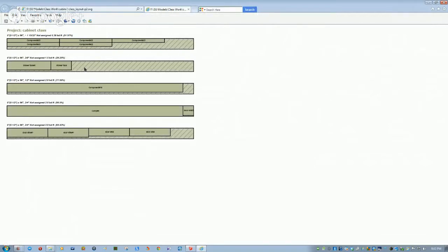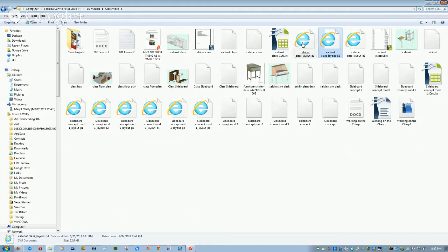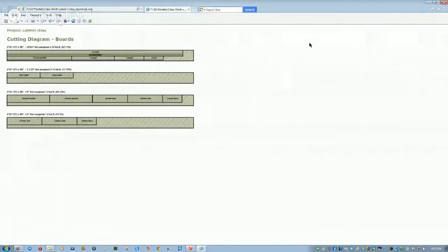Now, I don't like the way it does it because it doesn't stack them together. I don't see why it didn't put these 4 over here. But I'm just being fussy. At least it gives you a layout. If you don't like something, we'll wait for this one to pop up again. See, could these 2? Nope, because